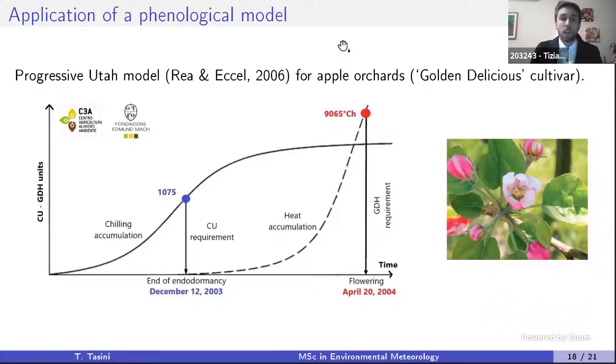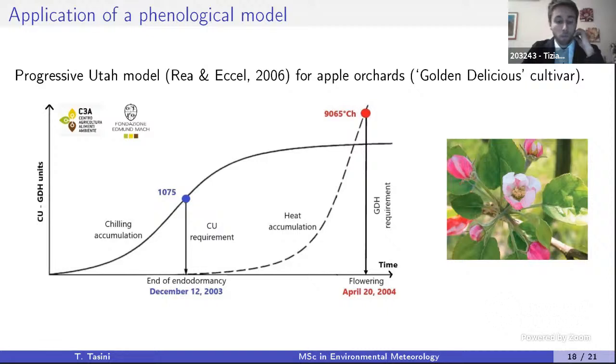Finally, a phenological model, the progressive Utah model, was applied in order to estimate the flowering phase of the Golden Delicious cultivar, namely the central flowering open, like in the picture on the right. Only the central flower is opening at the start of the flowering phase during spring 2004 due to the lack of phenological measurements. So the most important parameter used in the model and which drives the process is the 2-meter